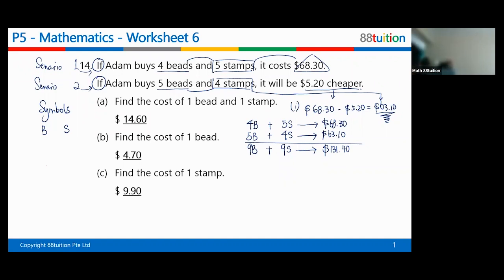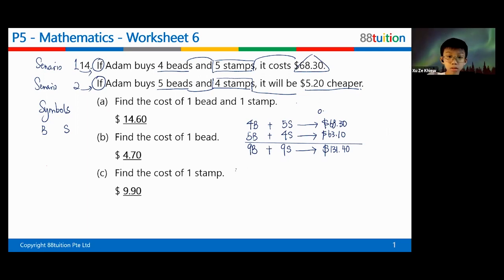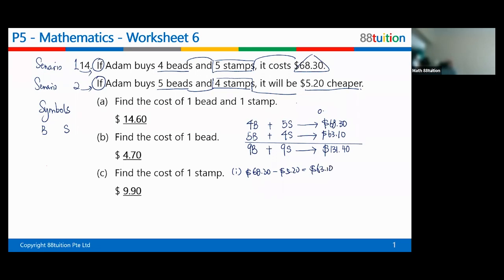Okay, so I must show the steps. I'm going to erase this portion and write neatly. Step 1, we have $68.30. You get $63.10. And we add 68.30 with the new answer to get 131 and 40 cents, which is here, and that is for